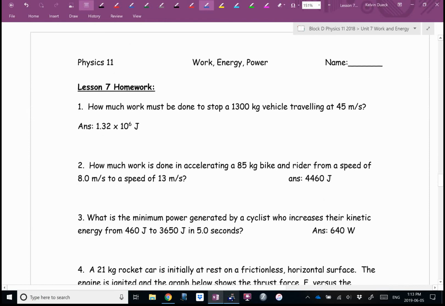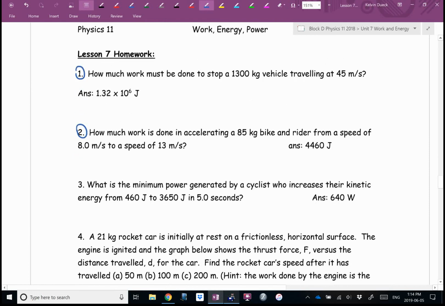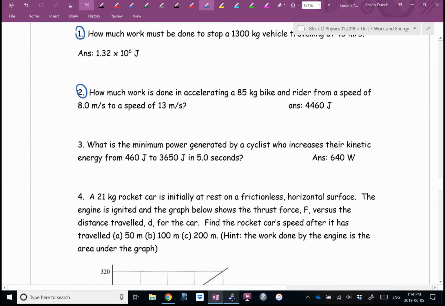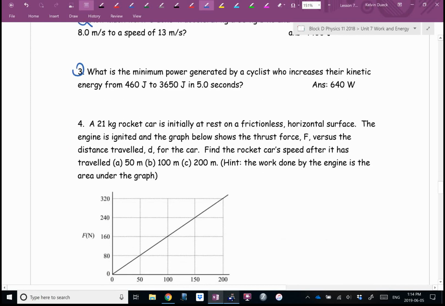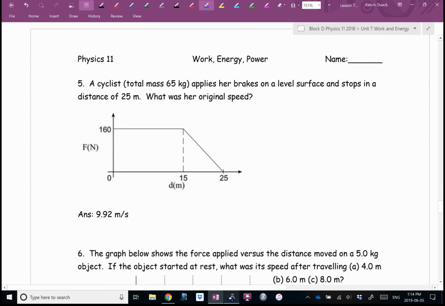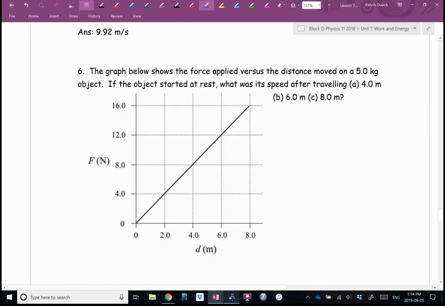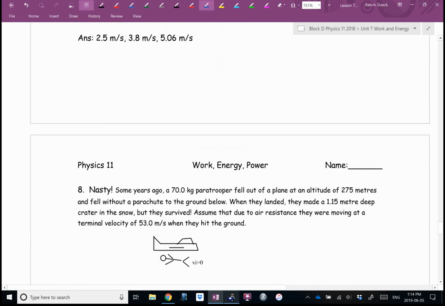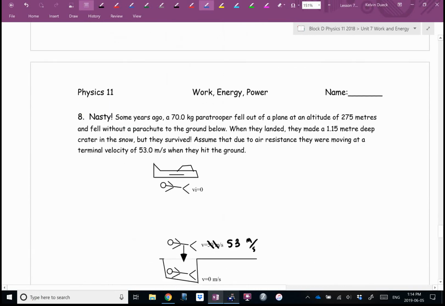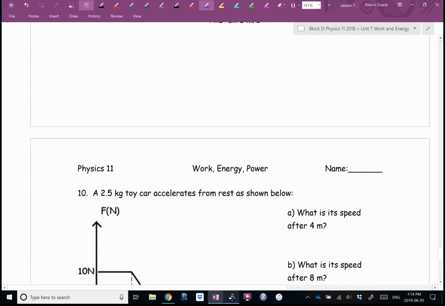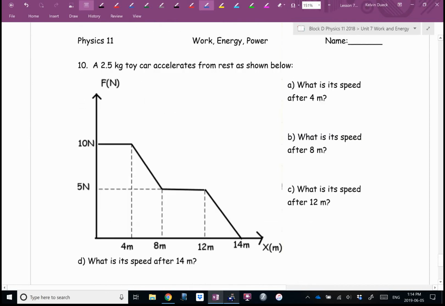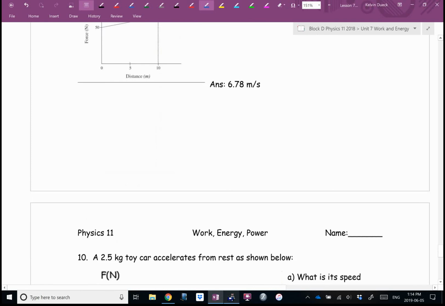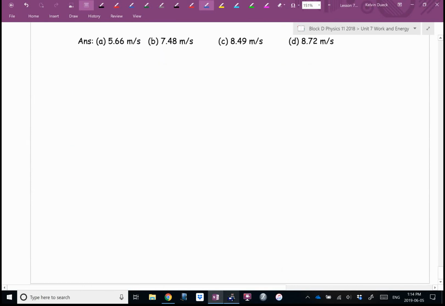What's your homework? I like number 1. I like number 2. You know what? I'm going to skip number 2 and do number 3 because number 3 actually wants you to then find the power. 4 is good. Five is good. 6 is good. I'm going to pass on 8. It's cool, but that's okay. I'll do 9. I'm going to pass on number 10. And I have for you a take-home quiz as